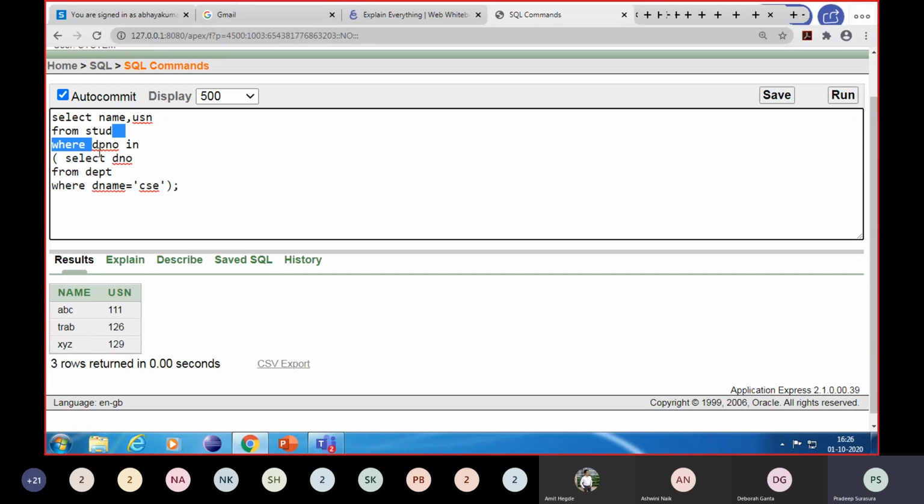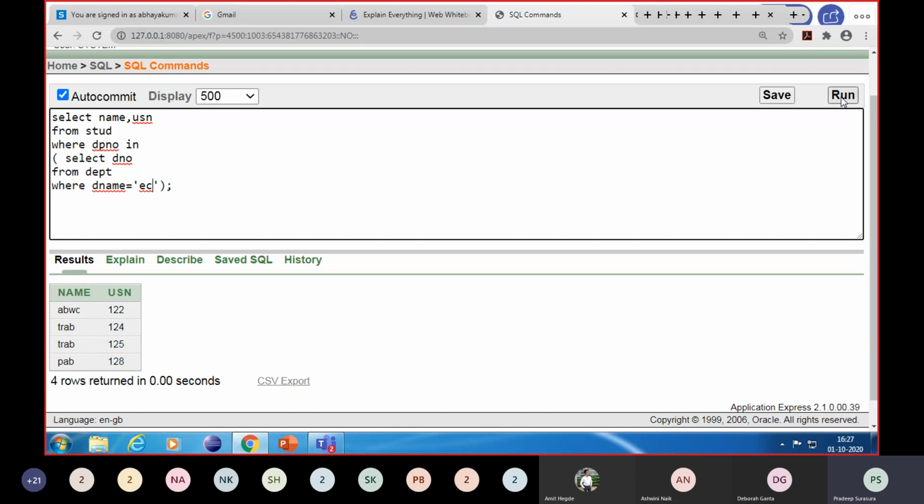With respect to this data, I will have a list of all department numbers. This inner query will give me a set of results. Then comparison happens, and only records where data is present in both sides are chosen for displaying. So here CS students are this much. If I write ISC and run, again I have 2 students. Understanding? If it is something like C and try to run,